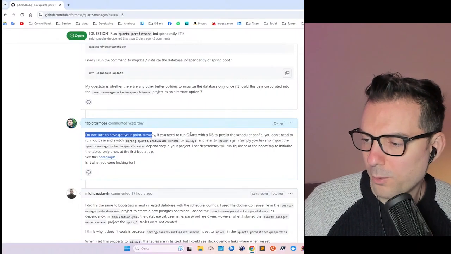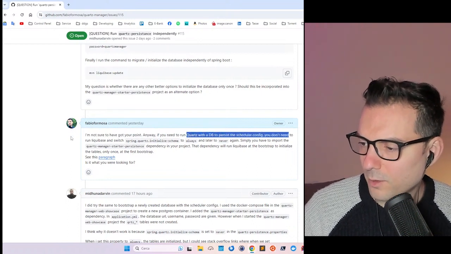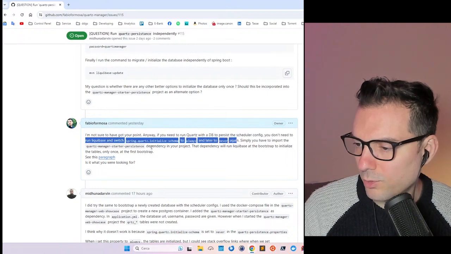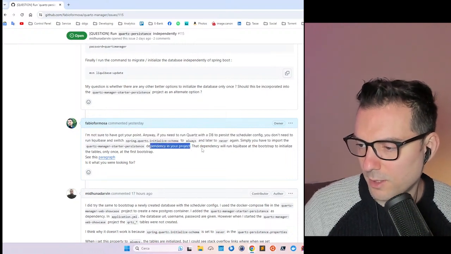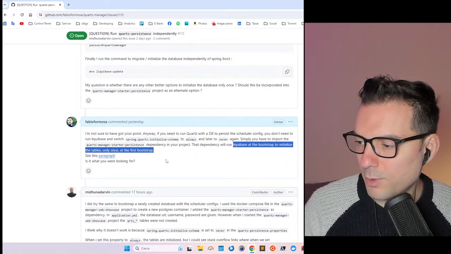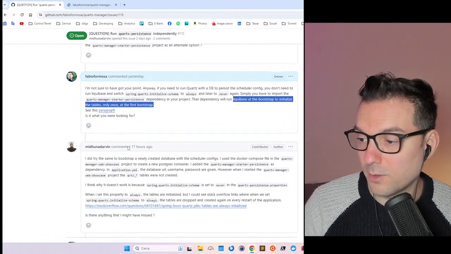And I replied to him, if you need to run Quartz with a database to persist the scheduler configuration, you don't need to run Liquibase and switch the Spring property to always and later to never. Simply you have to import the Quartz Manager starter persistence dependency in your project. So in fact, I know that it's not straightforward to enabling the persistence layer of Quartz